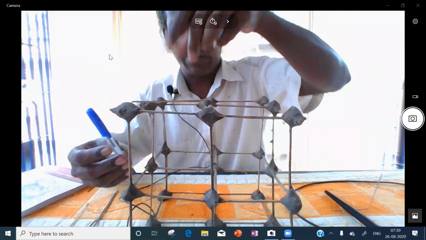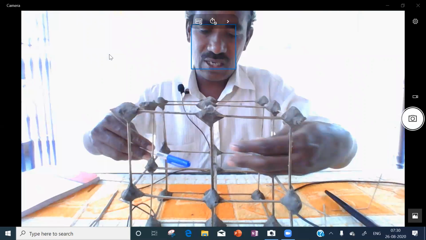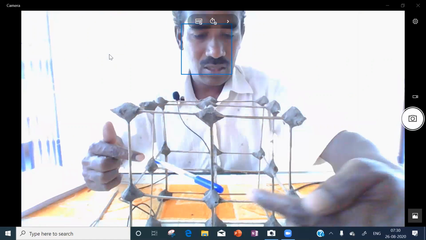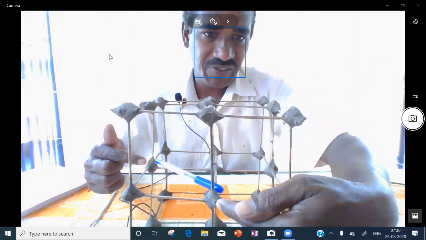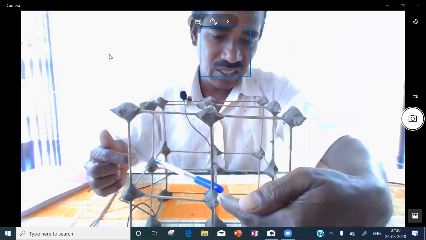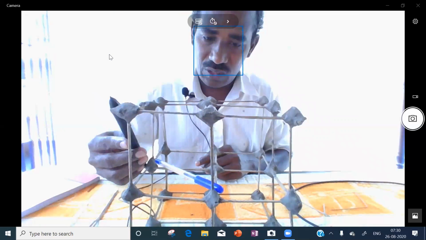Next, we'll go for the third triangle. Side face center to front face center. Then this side face center to this corner.